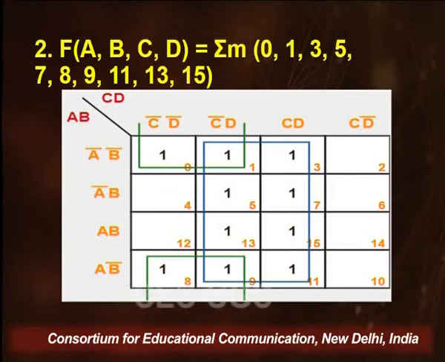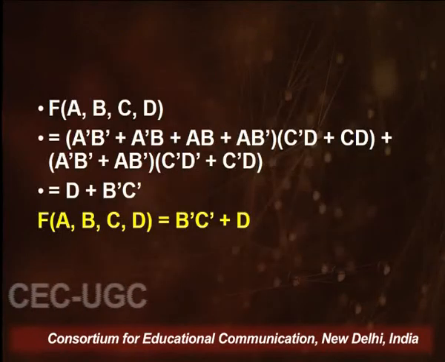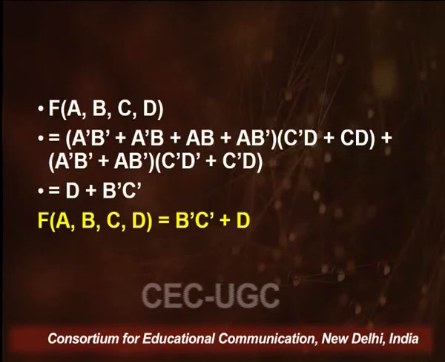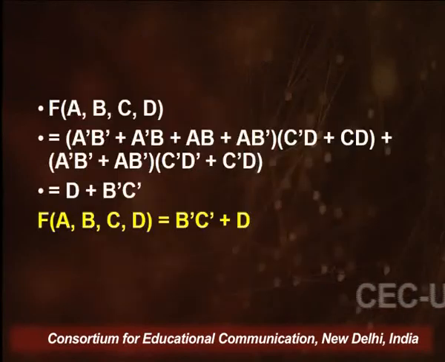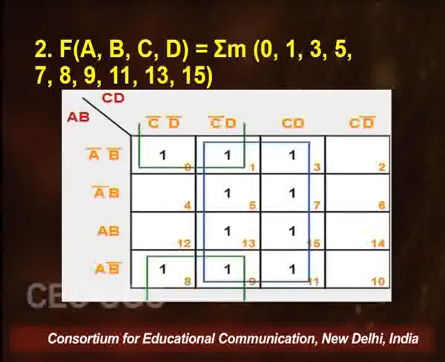Look at the column of C and D. What is constant? C' is constant for all the 4 values. So my answer for this group would be B'C'. This is how we got B'C'. Again, coming to the central square, when I move from 1 to 5 to 13 to 9, A and B both keep changing. Whereas when I look at the columns C'D and CD, D remains constant. So we have a value D here. So again, the bigger my group, the more simplified is the answer I get out of the K-map.